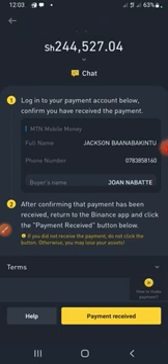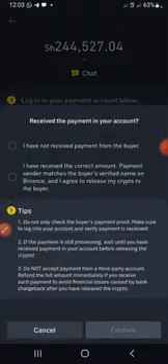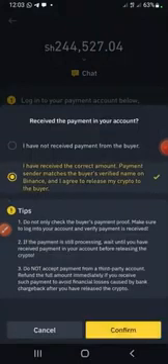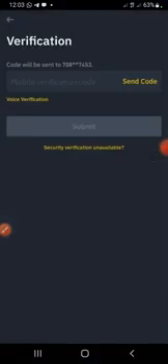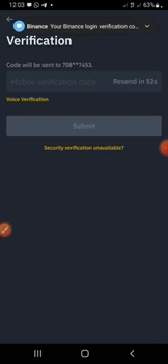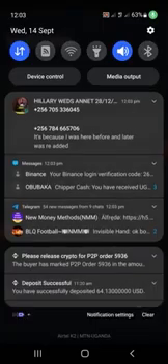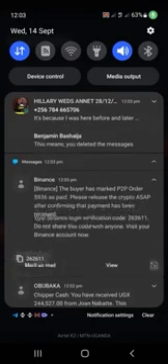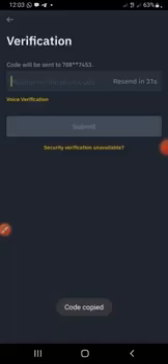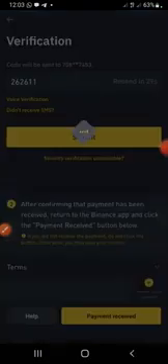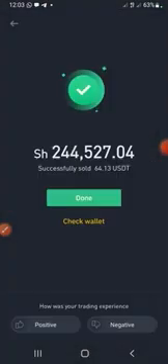And now I'm just going to say payment received, and I confirm I have received the correct amount, then confirm. What I'm doing right now is releasing the USDT because I've received the payment, right? So let me just do the mobile verification and we proceed. Get the code, submit. So the payment, you can see, is done. So successfully sold